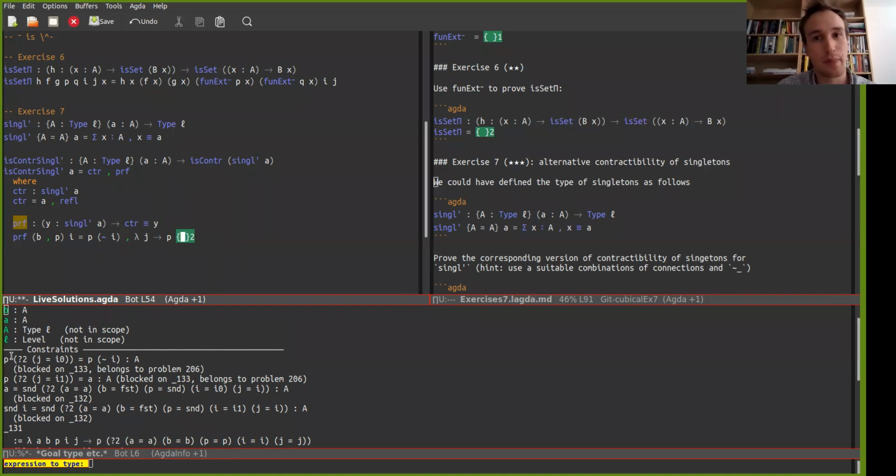So if J is 0, then this should be not I. If J is 1, then this should be A, which is